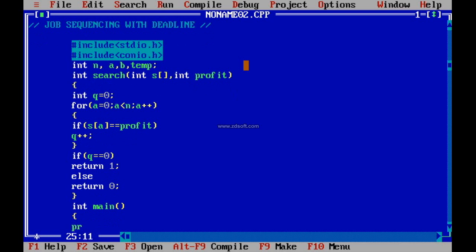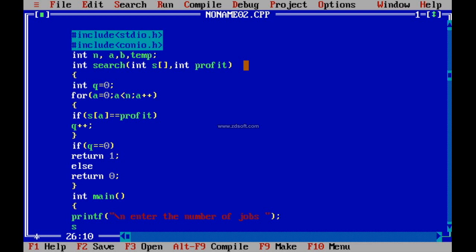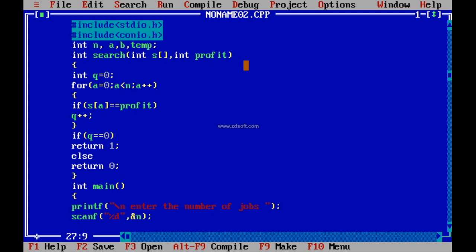In this first I am printing the number of jobs. printf("\nEnter the number of jobs"); scanf("%d", &n); Here the n variable is going to hold the value equal to our number of jobs which